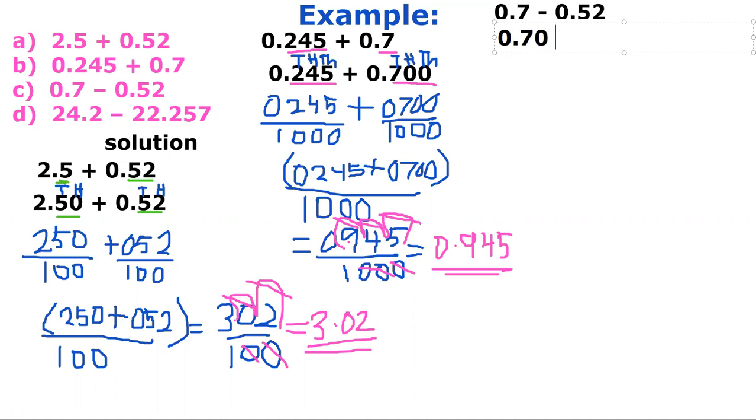0.70 minus 0.52. Now they have the same decimal numbers. Here is 2 and here is 2. We are finished balancing there. So you are going to change this one. This method here, you change to what? Fractions. And when you change to fraction, they will be like fraction, which means that they will be having the